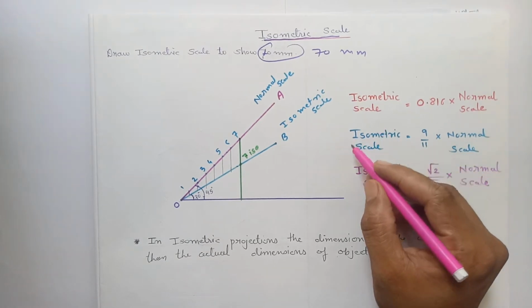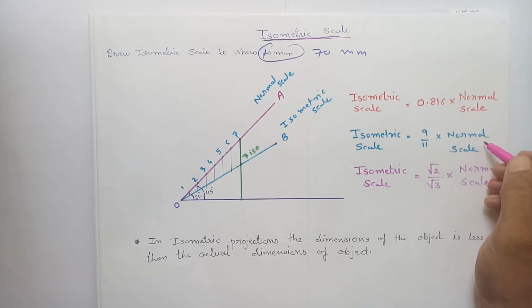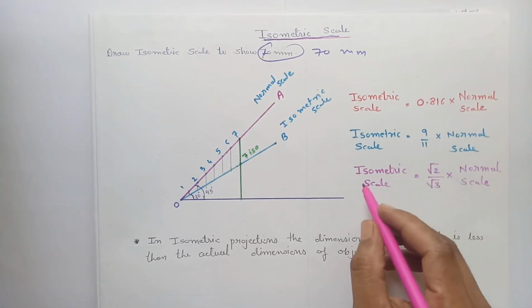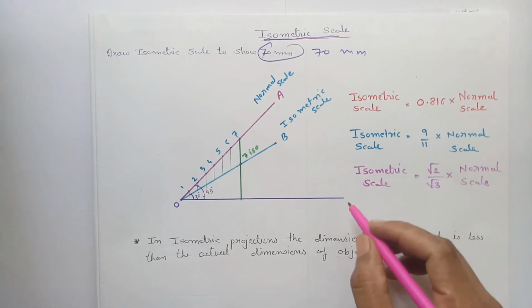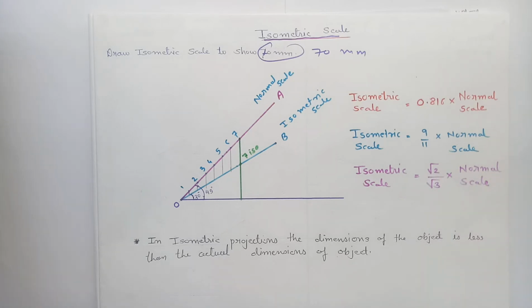Or we can also say that isometric scale is equal to 9 by 11 into normal scale. Or we can also show the relation between isometric scale and normal scale by using this relation also: isometric scale is equal to root 2 by root 3 into normal scale. And make sure that the isometric projection,